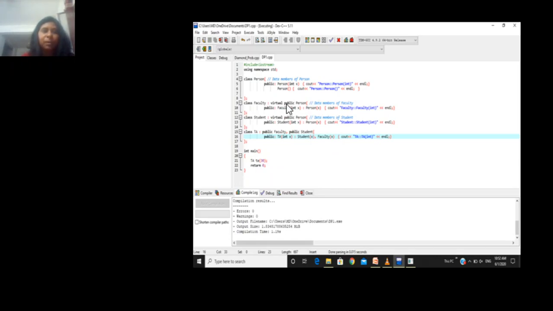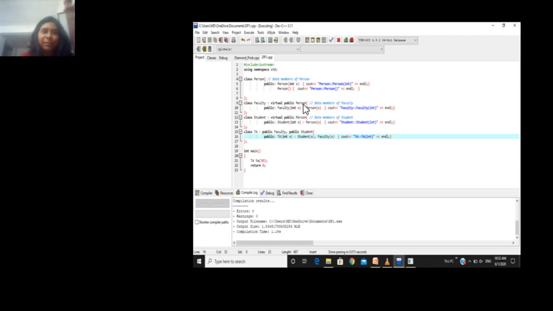Either way it works, but it tells the compiler that the class person is inherited virtually. Okay, what does it mean? It means that the compiler will know that there is some other specialized class that is also going to inherit this person class.